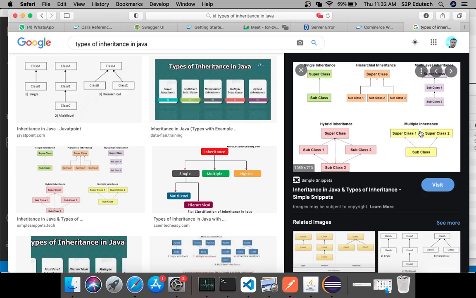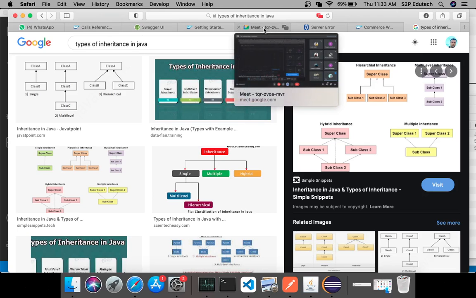In this diagram there is a hybrid inheritance as well as a multiple inheritance. In multiple inheritance, two classes are the base classes and there is one derived class, so one class has two parents. This is not supported in Java, at least not through classes. There are different ways of doing it which we'll take up later. In the same way, in hybrid inheritance, subclass 3 is the child of subclass 1 and subclass 2. This is also not supported because multiple inheritance is not supported.